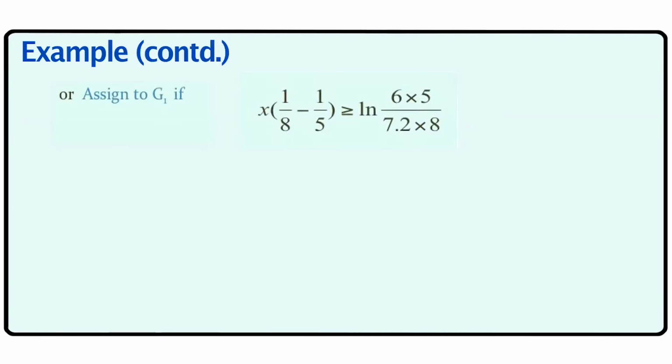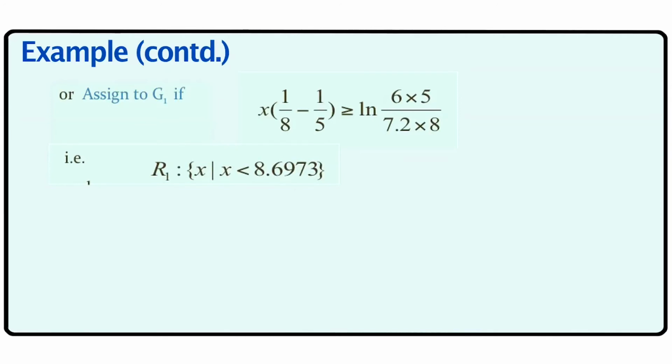If you simplify this, then we assign to G1 if x into (1/8 minus 1/5) is greater than log of 6 into 5 by 7.2 into 8. So what we did here was to take the log rather than the expectation. The left hand side came out to be x into (1 by 8 minus 1 by 5), and the right hand side is log of this number, 6 into 5 by 7.2 into 8,